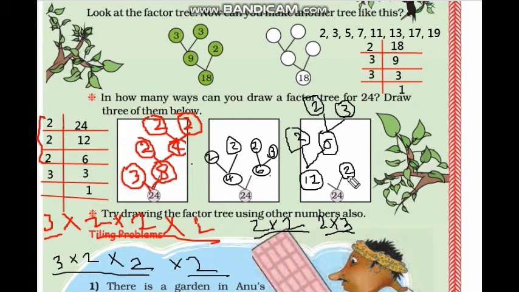So here we are taking 12 to the 24. Then we are splitting 12 into 2 sixes are 12, then 6 into 2 threes are 6. Here you can split the number: 2 sixes are 12 and 3 twos are 6. So children, here also we got the prime numbers 2, 3, 2, 2 and 2. That means the same: 2 twos are 4, 2 fours are 8, 3 eights are 24.